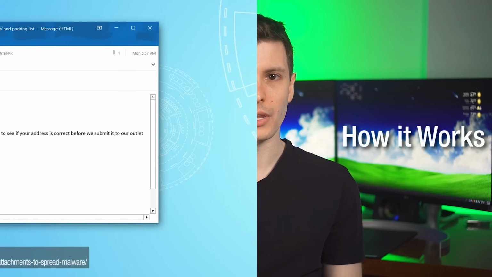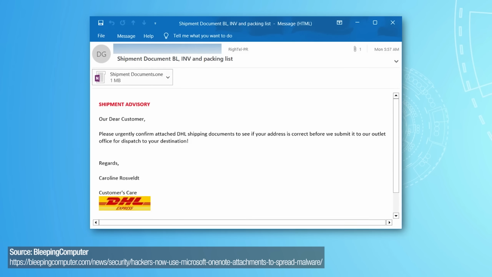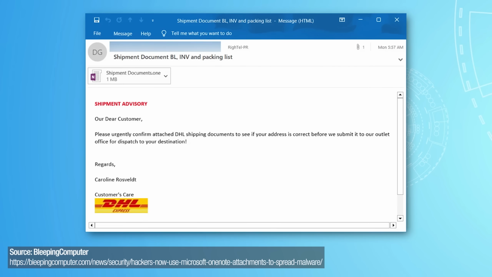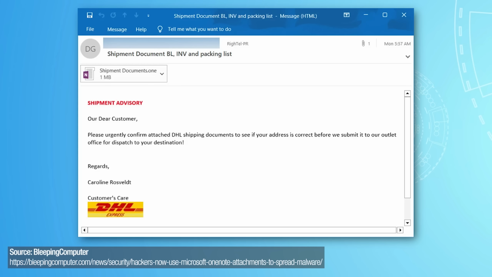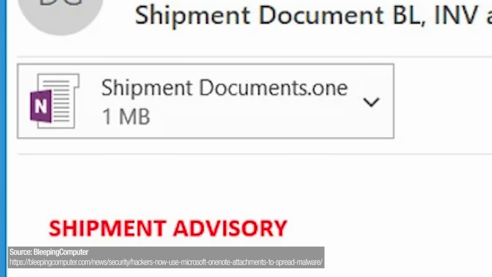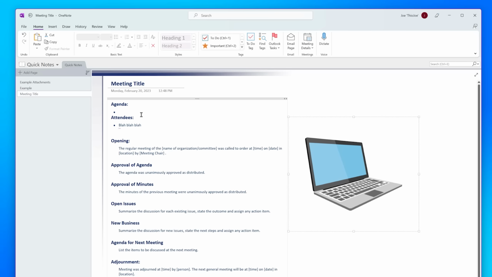They spread the files the normal way through an email, typically saying here's an invoice, or it may even be seasonal, saying here's a Christmas bonus going to workers, something like that. And the attached file type will be a .one file, which is a OneNote file. And OneNote, if you're not familiar, is an app published by Microsoft that is effectively a note-taking app, but you can create all sorts of tabs and post images and stuff like that.